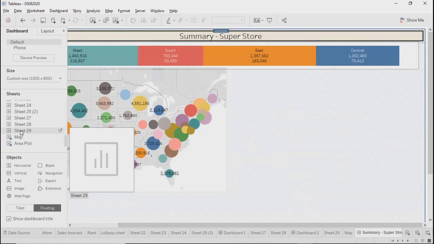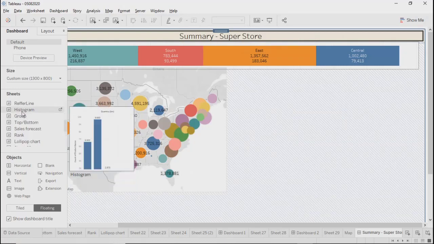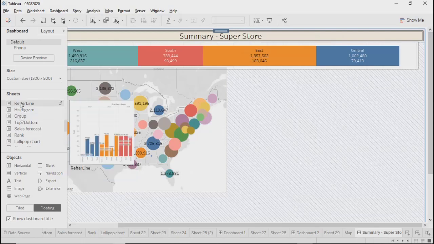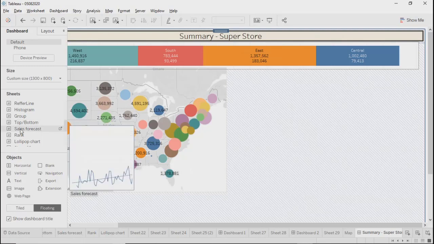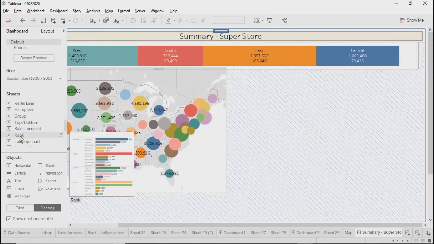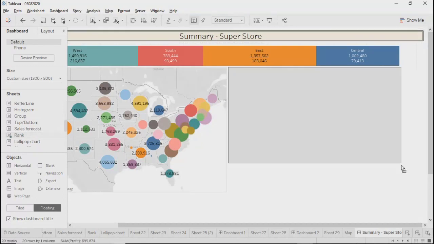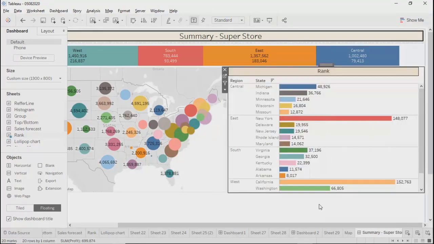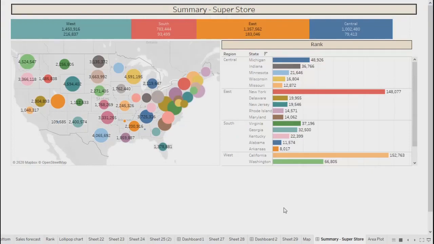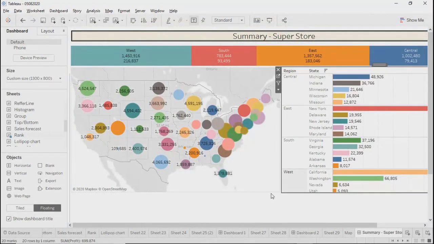And we'll take another thing, whichever is allowed over here. For example, maybe rank. I don't need title. I'll hide the title from here also.